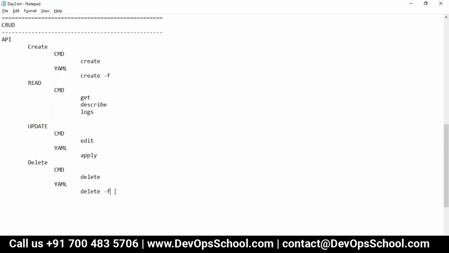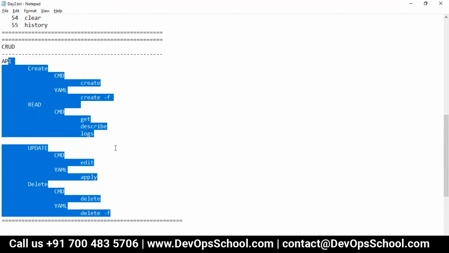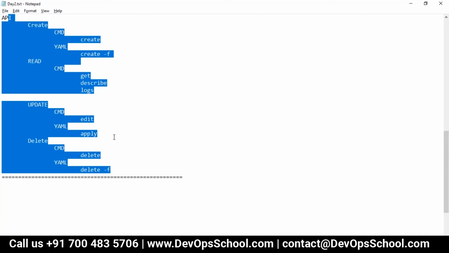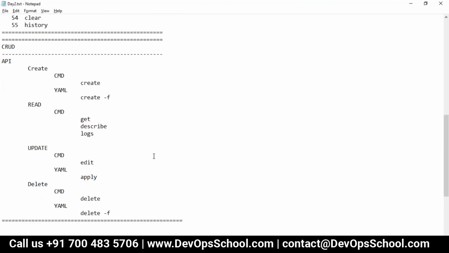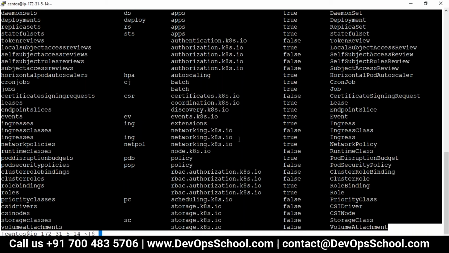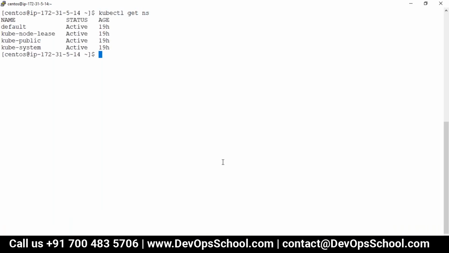Okay, so guys, now let's move on. I have to create, and I'll follow the same rule every time. So now what I have to do is create a namespace. That was the first namespace now. So let me create a namespace. First I will do one thing. I am going to run kubectl get ns for listing. How many do we have? This one.